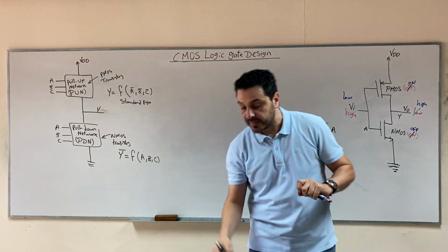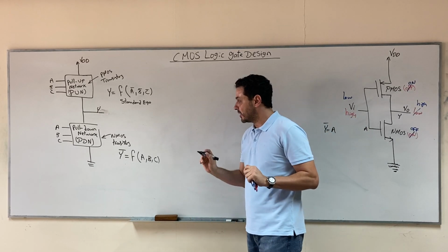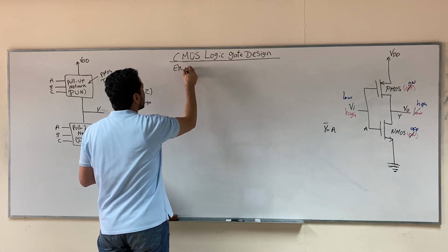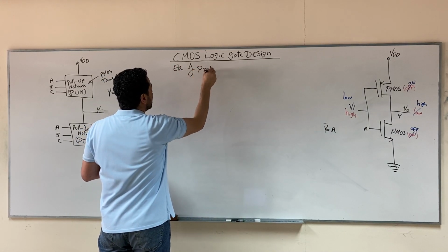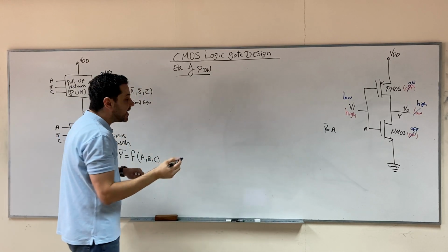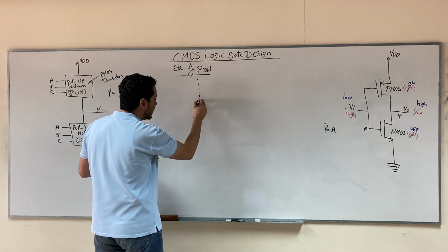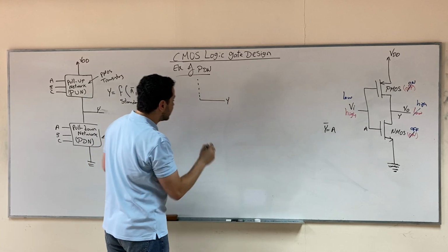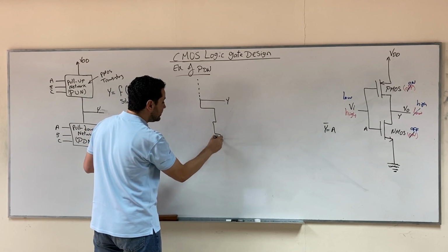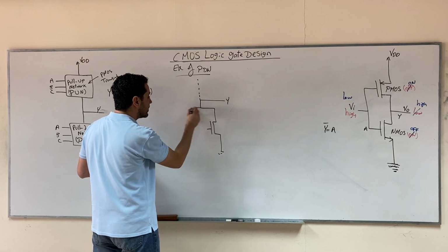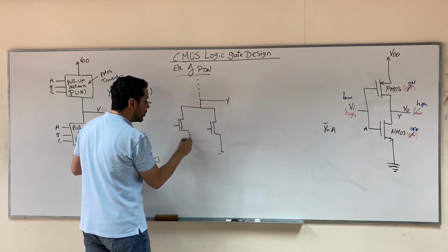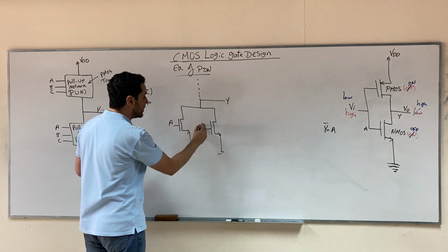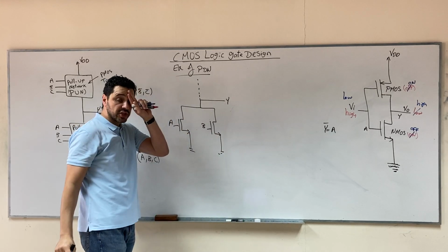Let's look at examples of the pull-down network. In these examples, we are going to look at the pull-down network only. If I give you a pull-down network that looks like this, A, B, and I ask you to write the equation for this network,